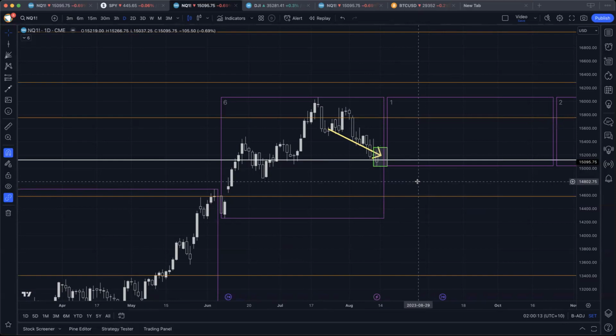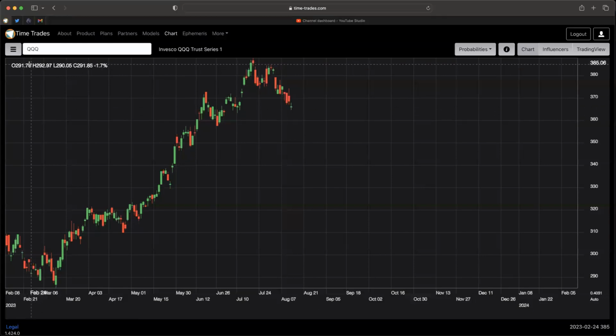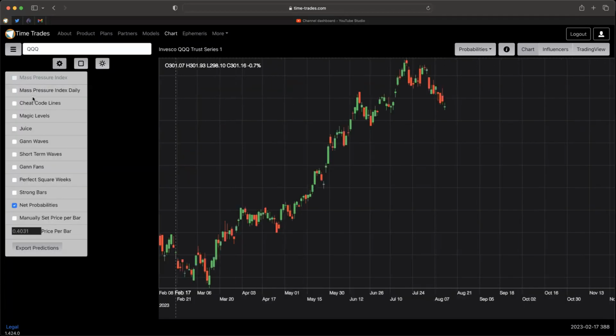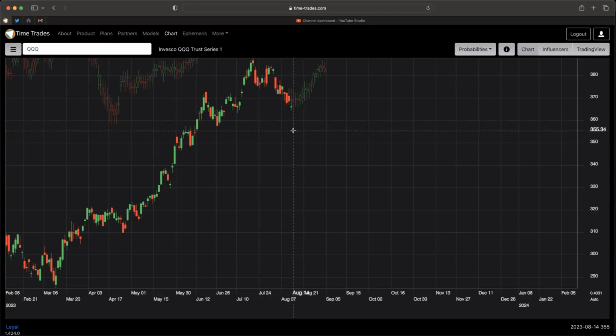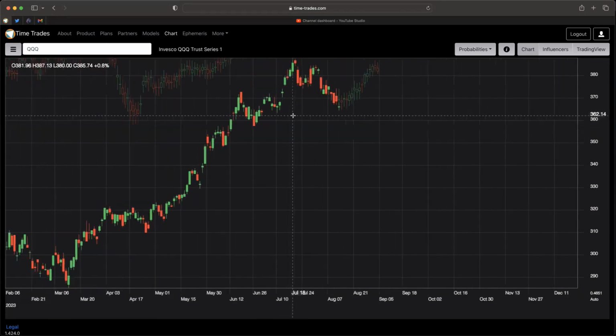And also we can go and take a look at time trades here, and we can see within time trades what's going on. I like to also look at the mass pressure index, which shows really a composite of prior moves over the last 6 orbits of Venus. So if you average those out and then project them forward, you can see within the time trades web application here a